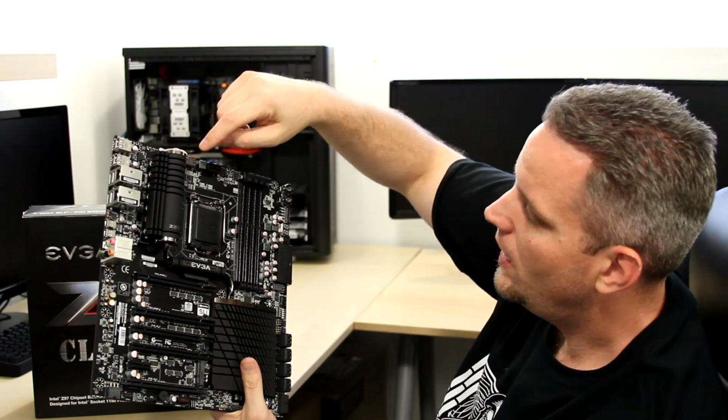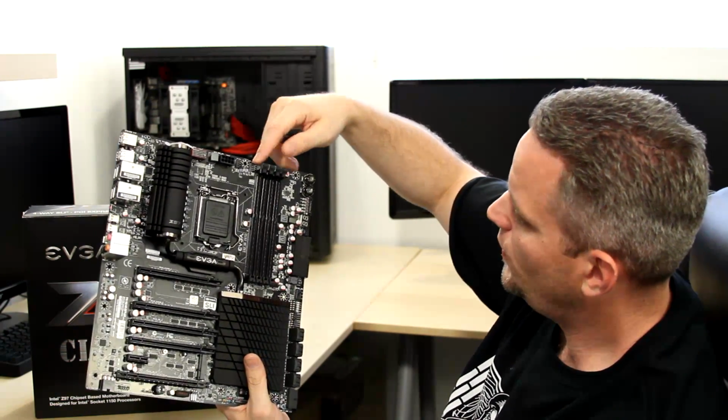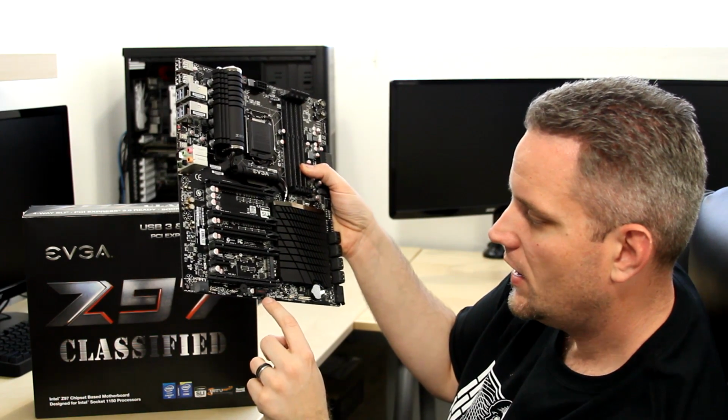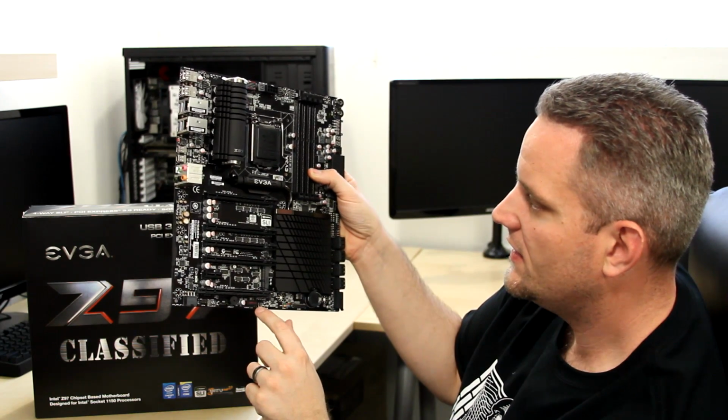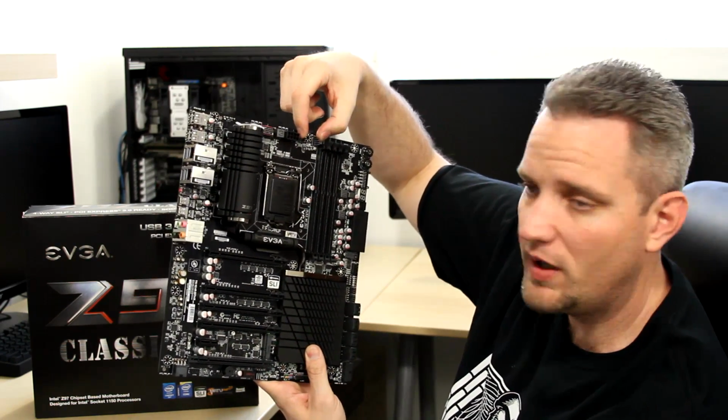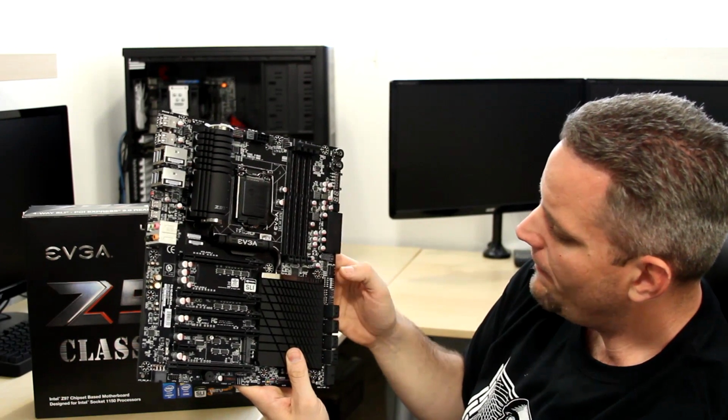Now you do have 1, 2, 3, 4, 5. I see 5 fan slots, so that's more than enough. It looks like only 2 of them, though, are PWM, which is CPU 1 and 2. And then you do have three